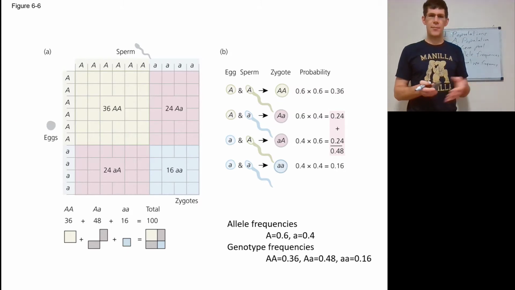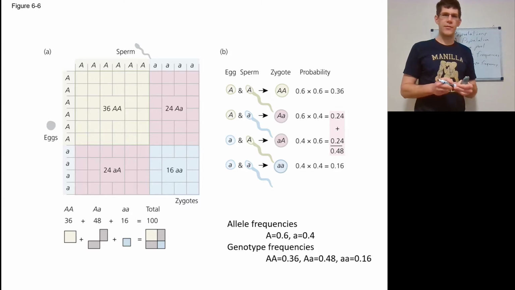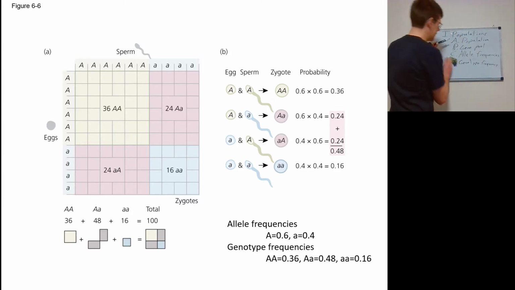So here's an example. We have the allele frequencies and the genotype frequencies. So your allele frequencies here,